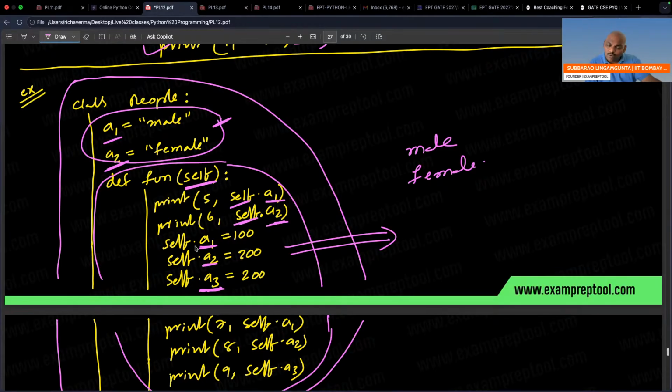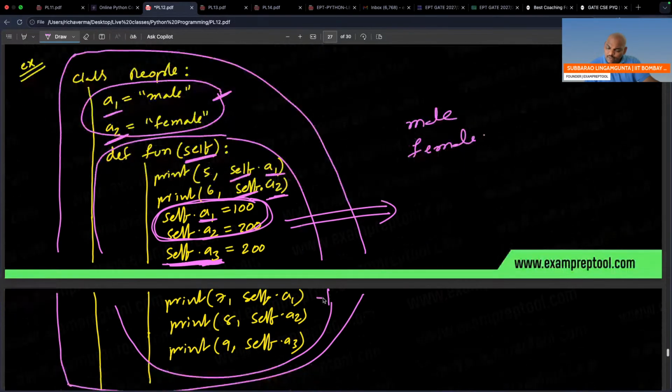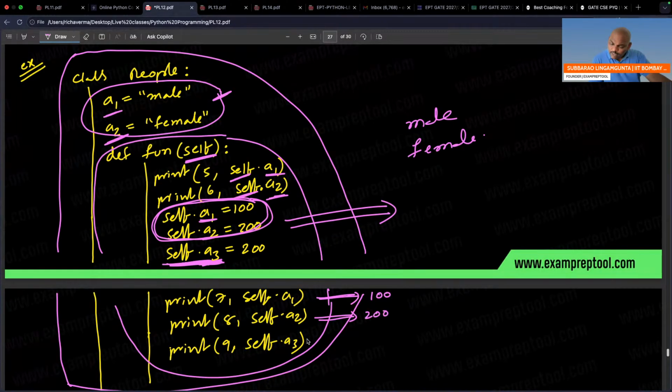Okay, that's okay. Now you changed it. A1 becomes 100, A2 becomes 200, and A3, see this one, A3 is not there. You are setting one local variable. These are the things which are already there, you are changing, that's perfect. But now one local variable is created, A3. So that is also 200. Now print it. It will print 100, 200, and 200. If you want, you can make it 300 here, and it will print 300.